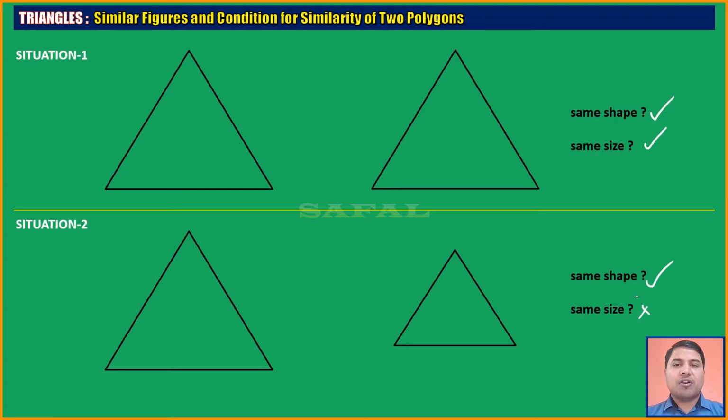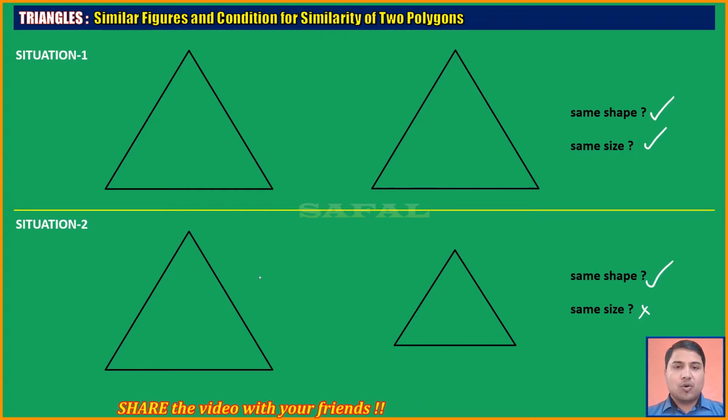So three cases we have seen. In the first situation, in all the three cases, we saw that shape was same and also the size was same. While in the second situation, we have seen that shape is same but size is not same. So in situation 1, if I try to impose one figure on the other, I will be able to do so. In the second situation, if I try to impose one figure on the other, it won't cover it exactly. It's something like if I take a 1 rupee coin and 2 rupee coin and put one coin above the other, they won't superimpose because they are of different size.